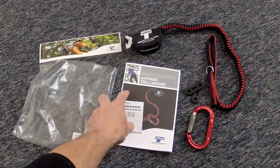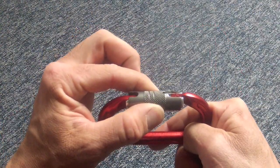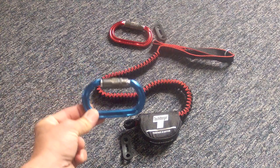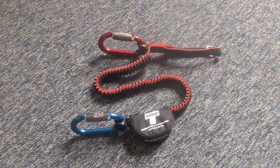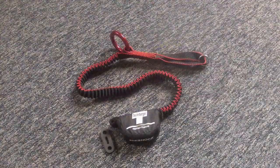Here is the carabiner model as delivered. The red carabiner supplied with antiSHOCK is an Ultra O quick lock. The blue Ultra O lock safe shown throughout the video is used only as an example and is not supplied with antiSHOCK. The carabiner model ready for use. Here is the ring model as supplied